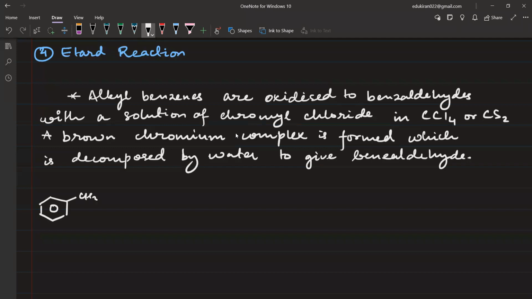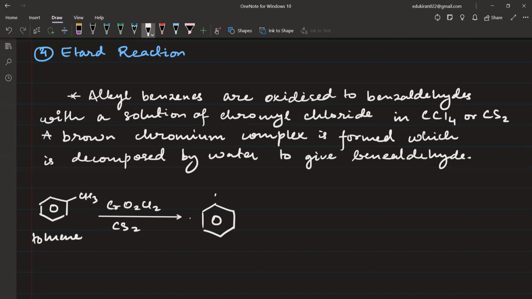So if you have CH3, this is toluene. Methyl benzene is known as toluene. And then we add chromyl chloride. Formula of chromyl chloride is CrO2Cl2. Now this will be in the presence of CS2 or CCl4. Even if you don't write that solvent, that is okay. But you should understand that this is a solvent, not a reagent. This leads to formation of,